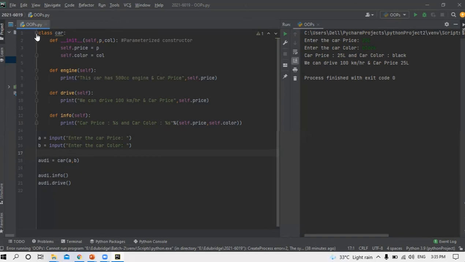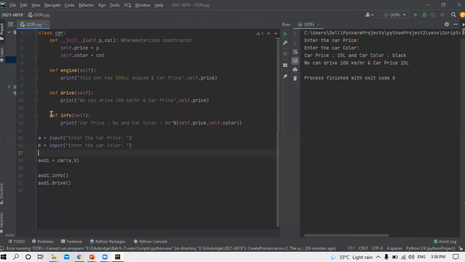Then it comes back to line number 1, 2, 3, 4, and then checking, and comes back again to line number 20, and which method is called, the info method. Then go to line number 12 and print the statements.